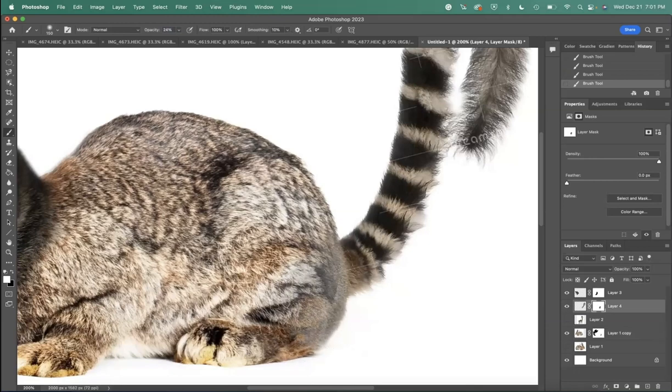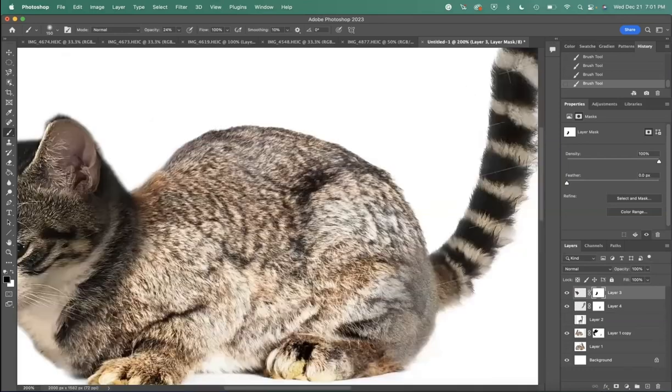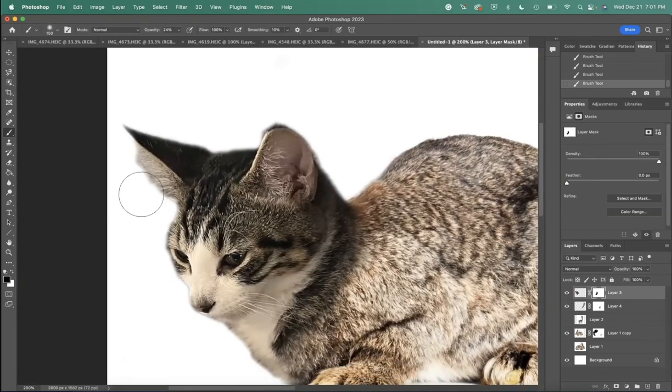It's always best practice to zoom out after you edit a part of your photo just to see how it looks as a whole, because it can seem different than when it is zoomed in. So it's always good to go back and check. But I was happy with that at that point, and then I did decide to go in and work on